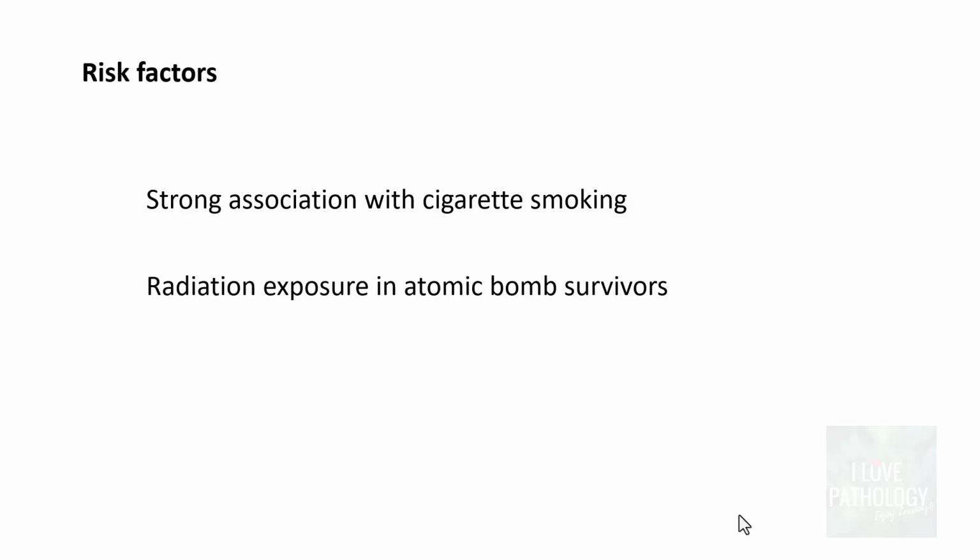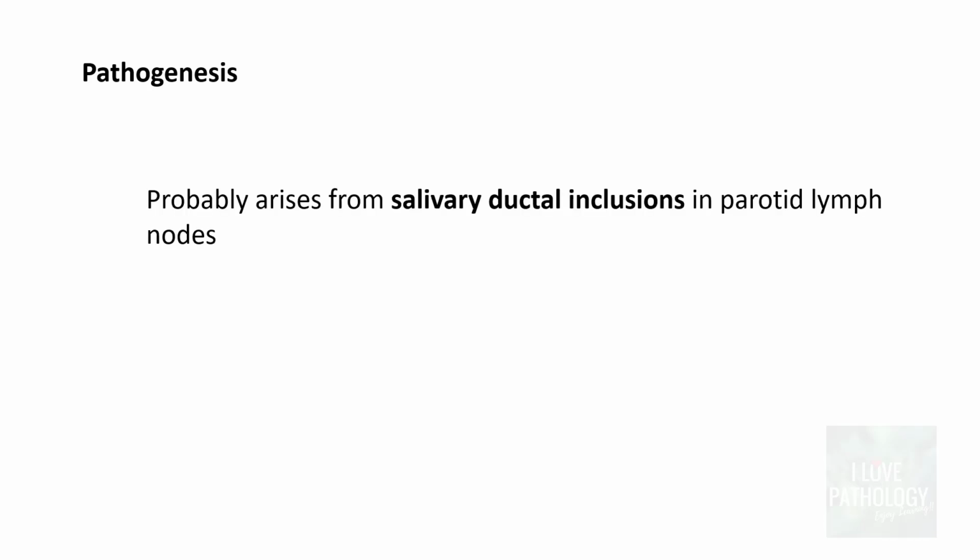I'm sure by now you would have known that smoking and Warthin tumor have a very strong association, just like lung carcinomas. The other important risk factors are radiation exposure, which is found in atomic bomb survivors, and it is also found to be associated with various autoimmune diseases, particularly thyroiditis. What is the pathogenesis? It's not really known, but it is often said that it probably arises from the salivary ductal inclusions in the lymph